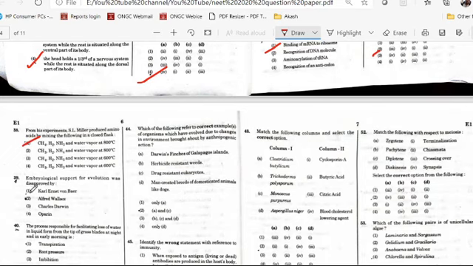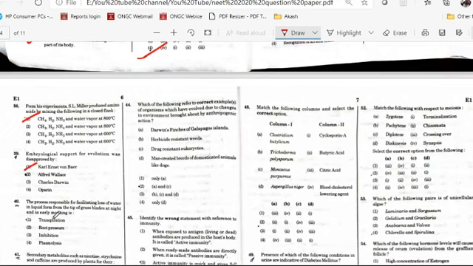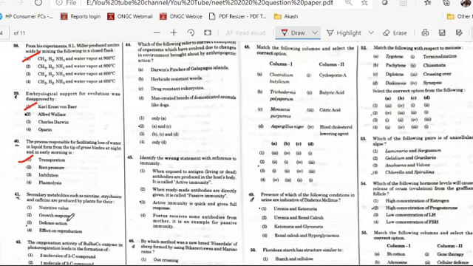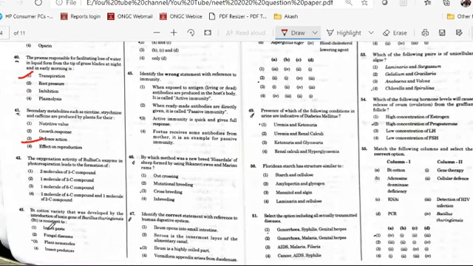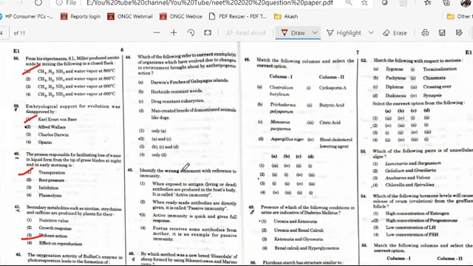Option 1 is the answer here. In question number 40, transition is the answer. In question number 41, defense action is the answer, option 3. In question number 43, plant nematodes is the answer.